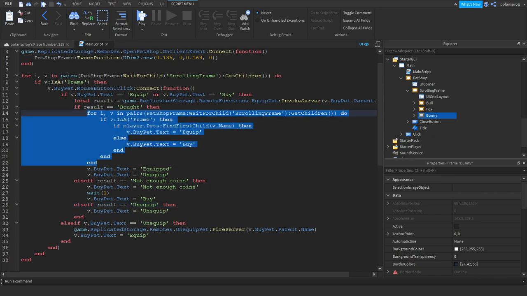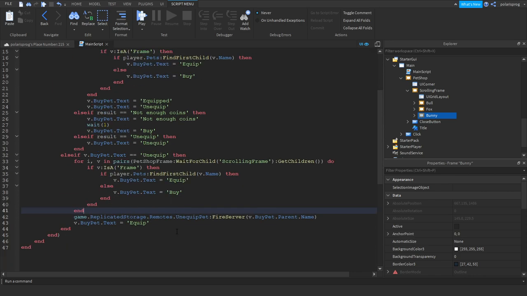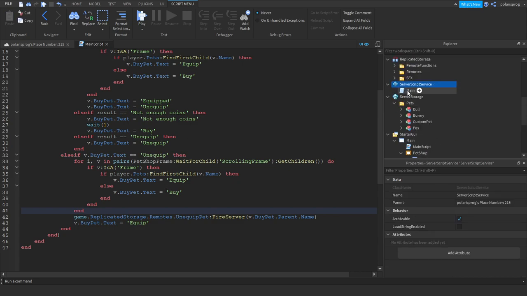So let's do that. For i, v in pairs. If results is equal to not enough coins, yes. Equal to buy, unequip. So if it says equip or buy, then we have to do that. Oh yeah. We might have to do this too. So yeah. And in here,